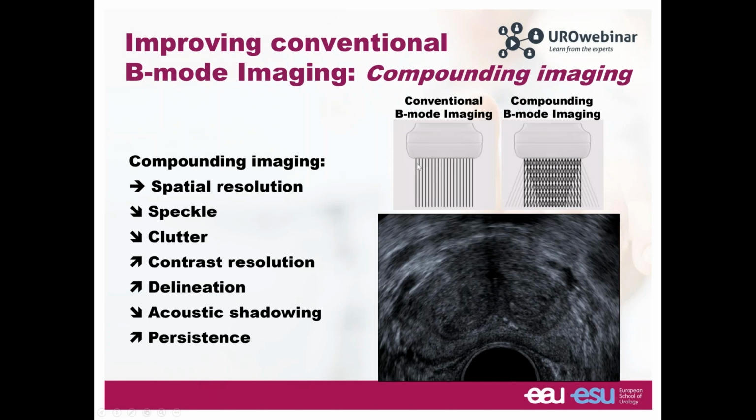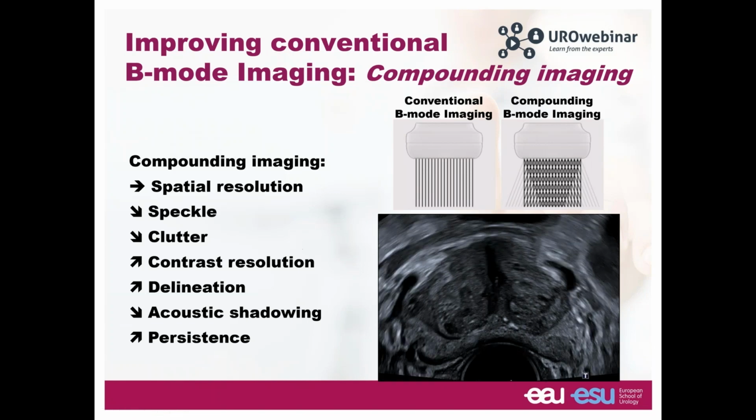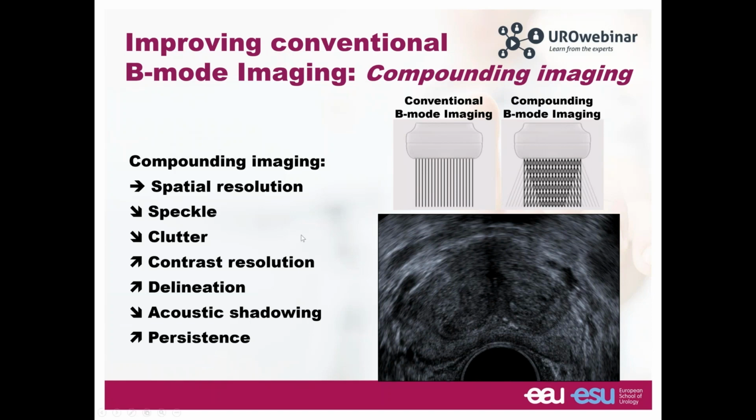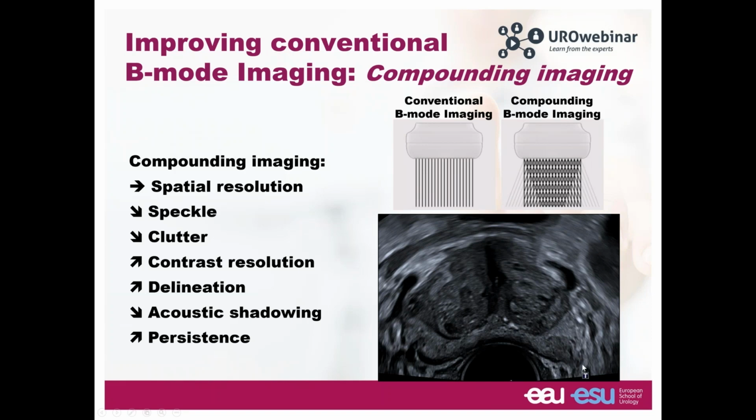Compounding imaging is another technique where each of the ultrasound beams can be steered using phase shift. This also improves contrast, resolution, and delineation of structures, including nodules, and reduces clutter. This is another example. This is harmonic imaging, and let's see what happens when we use compounding imaging. You see how much contrast has been improved. Again, this is conventional B-mode imaging, and now we're moving to compounding B-mode imaging. You see here a small Gleason 6 lesion on the left